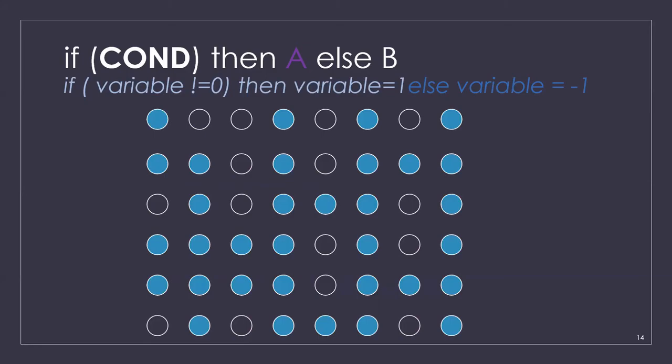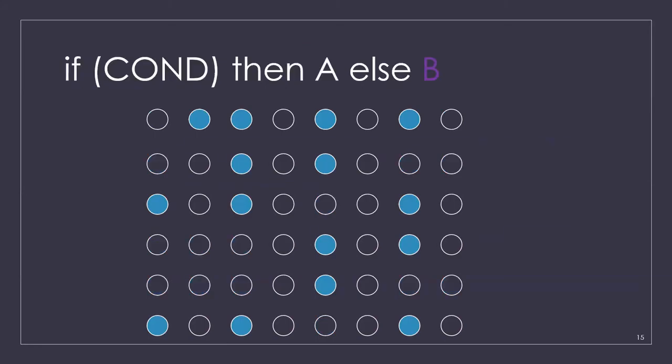In the next clock cycle, the masking bits are now flipped. All the processing elements which have a 0 now will execute the next instruction. Now all the 0 values will be converted to a minus 1. So here you can see the usage of the masking bit in enabling and disabling the processing elements in a conditional execution.